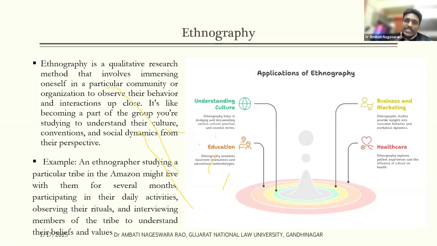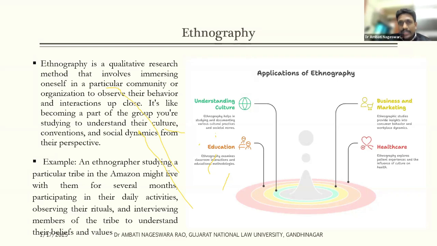If somebody really wants to understand the culture, we have to conduct ethnography research. But as we don't have time, as academicians, we have certain limitations. It was like an exposure visit. We went to interact with various village heads and with some of the members of the village. But that won't serve the purpose of conducting ethnographic research, right?